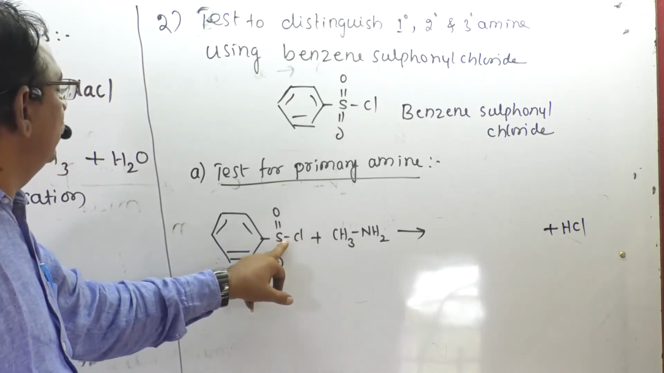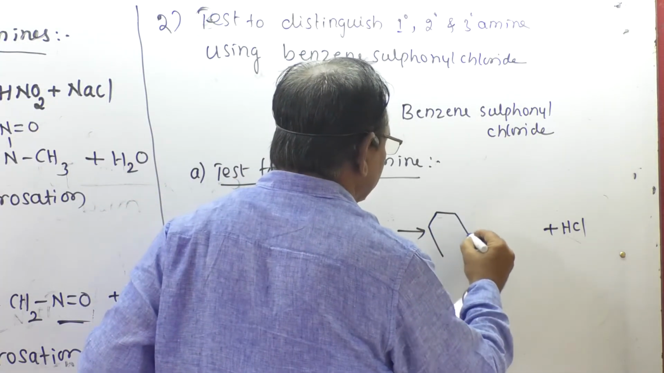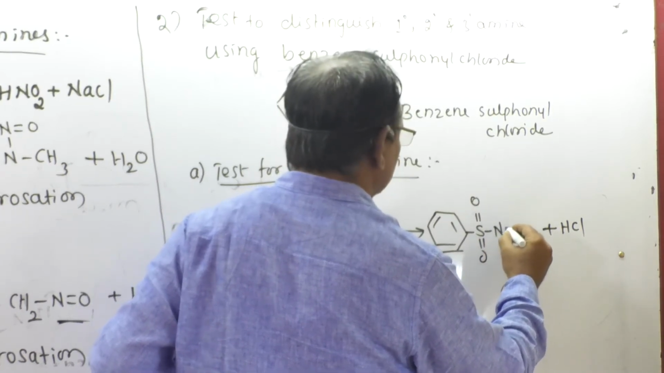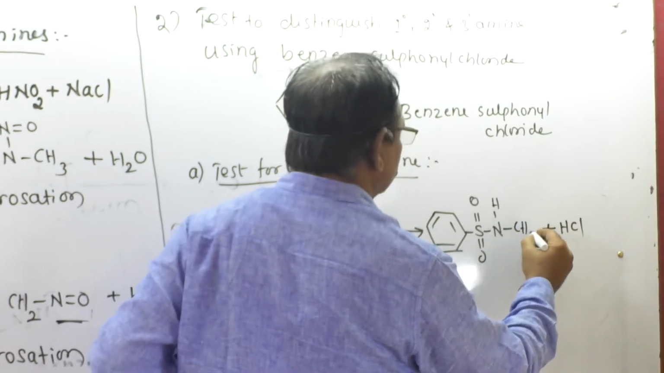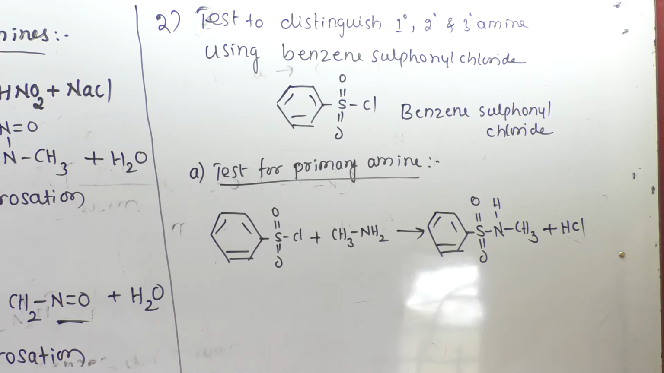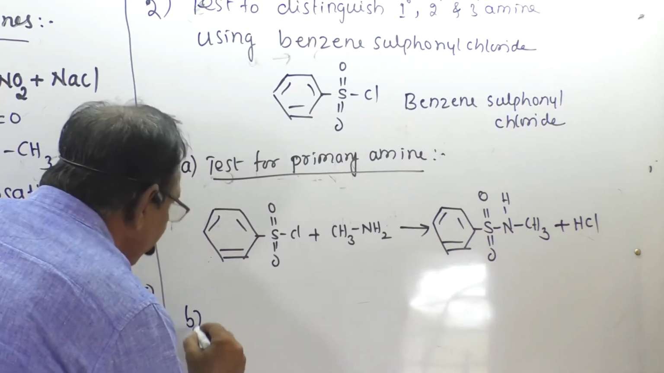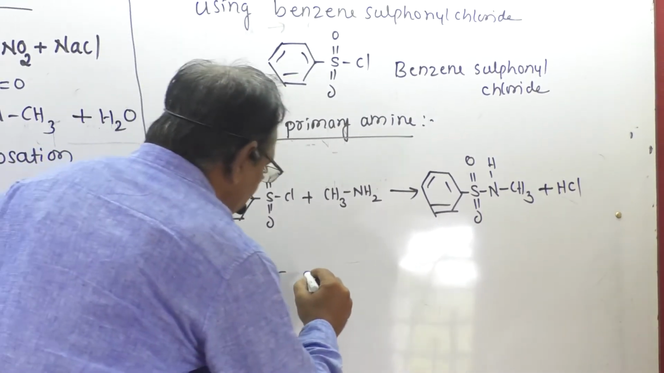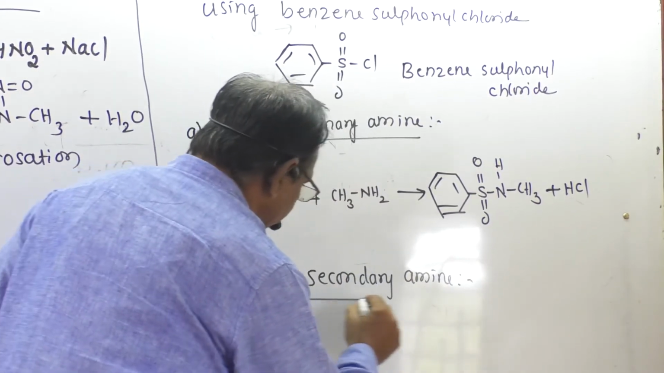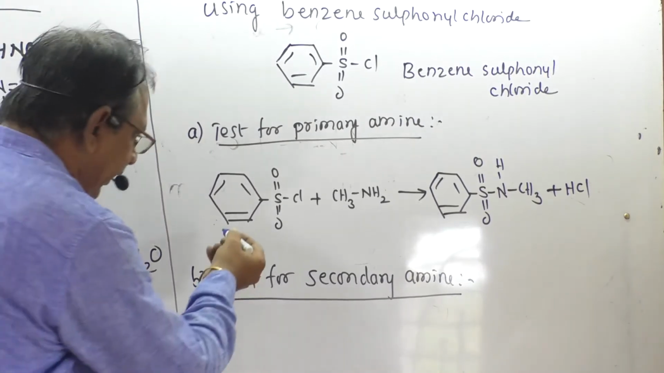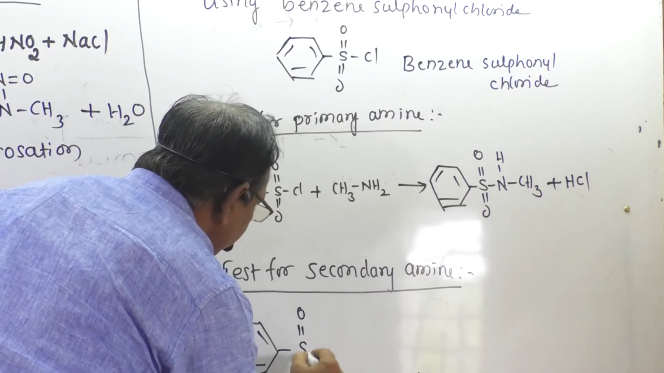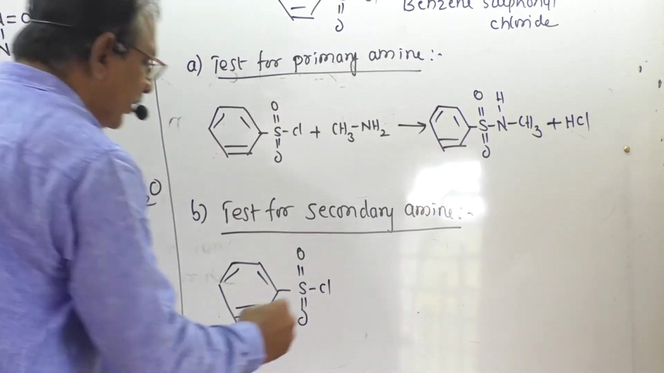And the nitrogen is directly linked to the sulfonyl group. So here this is called methyl benzene sulfonamide. And the next is the test for secondary amine. So again, benzene sulfonyl chloride plus one example of a secondary amine, which is